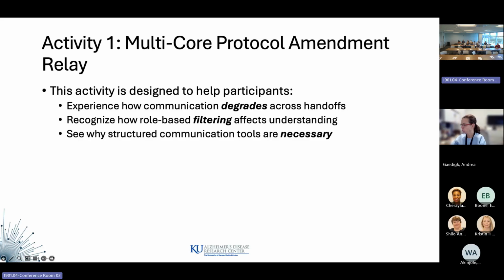I'm assuming each of us have different roles, different jobs, different titles. We're going to see how those roles and that filtering affects our understanding. And hopefully this will demonstrate to you the necessity of communication.